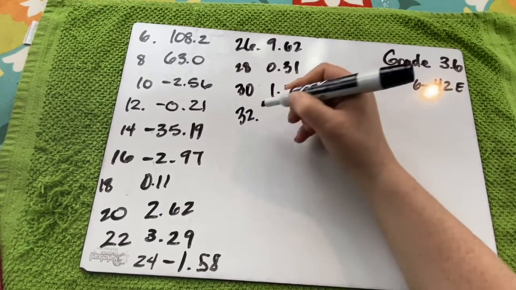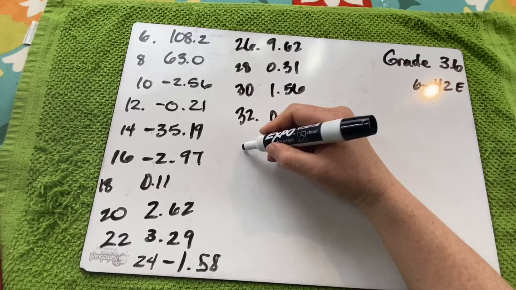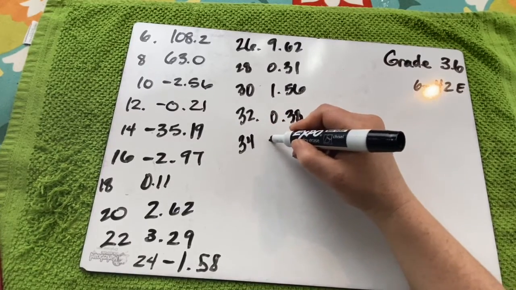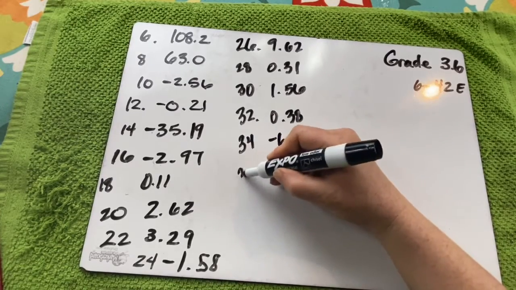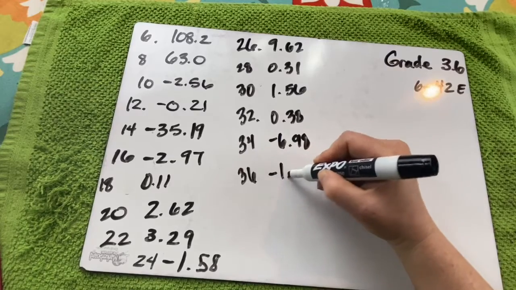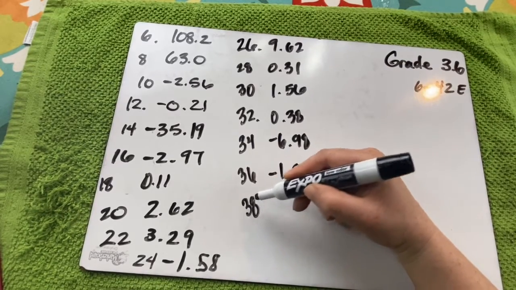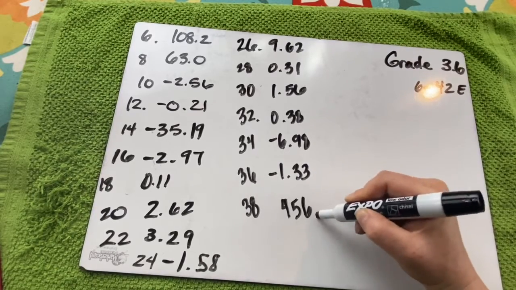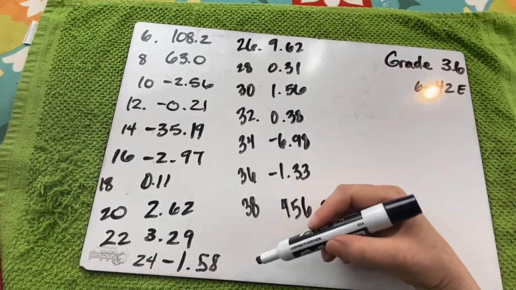32 is 0.38. 34 is negative 6.98. 36 is negative 1.33. 38 is 456.2. Okay,